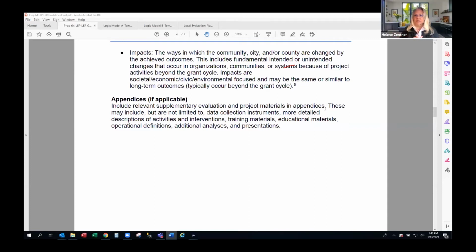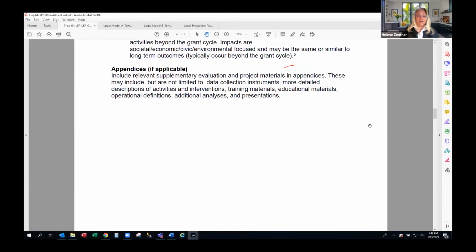We do want this to be your document as well as providing information for us, because it's going to be kind of your working document, your guide along the way. So as Ashley said, we didn't want to make it so prescriptive where you were going to have to try to put square pegs in a round hole. As long as it is clear to a reader, whether or not it's Ashley or myself, or say these LEPs are public record. So if someone were to ask, you want to keep that in mind too, that you're really clearly defining your goals and objectives for each piece.